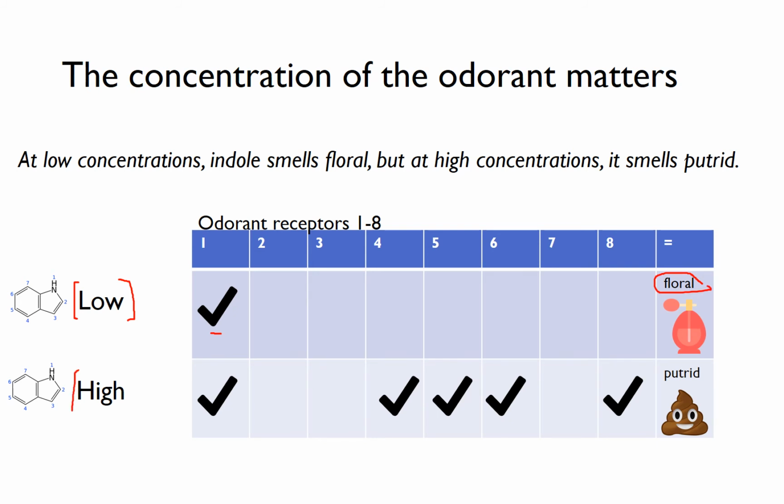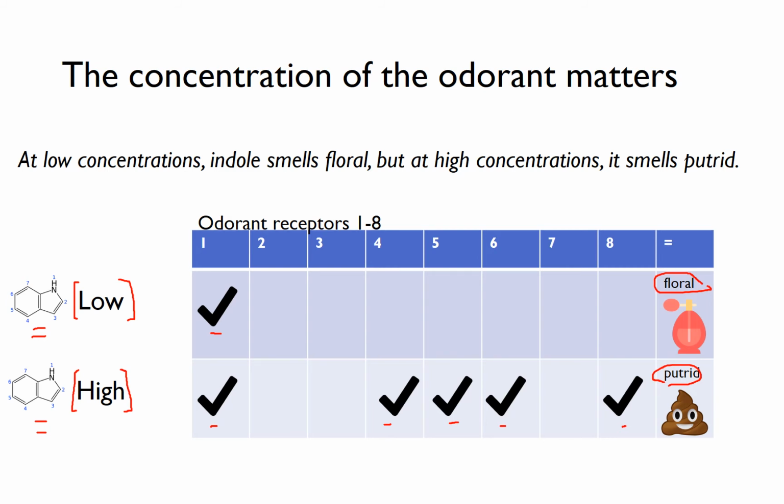But at very high concentrations, and again, I don't know what the millimolar concentration is, but it has to be quite many-fold higher of the same exact chemical compound, it will bind more receptors. In this case, it binds 4 or 5 different receptors, and this smells quite aversive. It smells putrid, and it's very unpleasant. So the exact same chemical compound can transmit 2 very different senses of smell just based on its concentration. Combining all of that, the types and combinations of odorant receptors bound by a given chemical compound, and the concentration of that compound, give us the ability to discern millions and millions of different smells, even though we only have